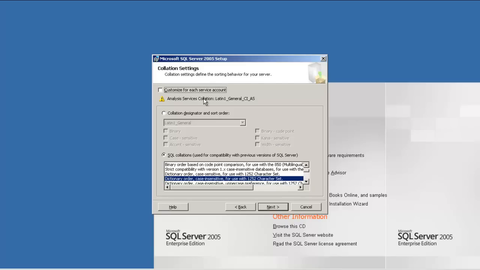It's Latin1, no big deal. Only remember that this is the default collation. Whenever you are installing a second instance, or whenever you want to migrate the database to another SQL Server 2008, you should remember that you are using the same SQL Server collation. Okay, and let's move to the next.